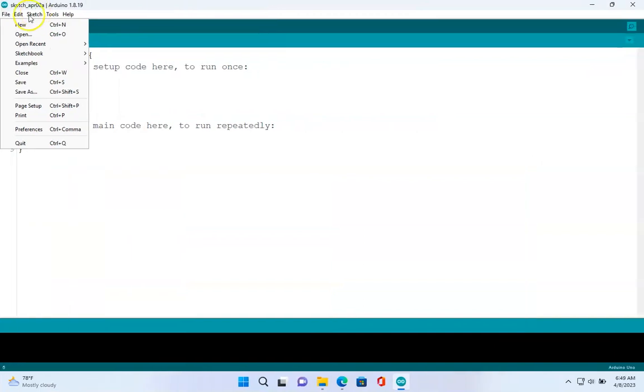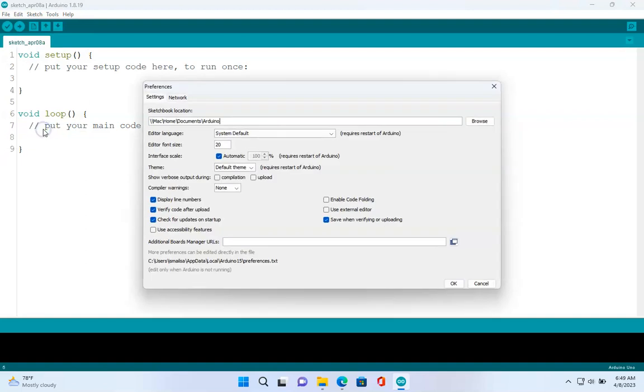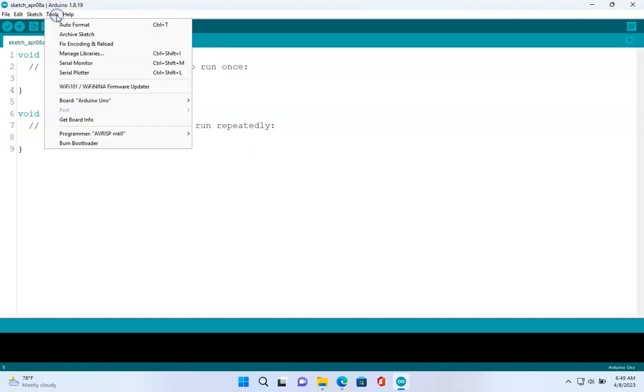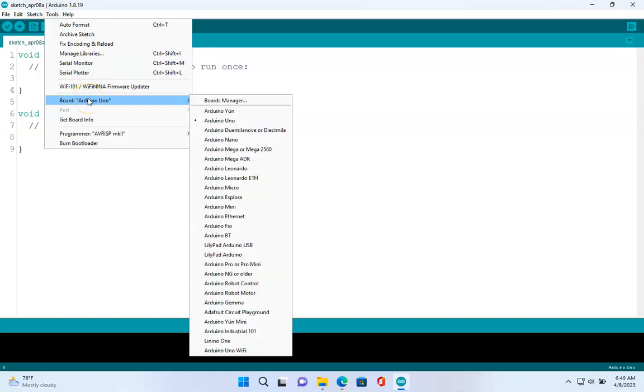If you are using Windows, you can just go to the file over here and then followed by the preference, and then you are going to add the additional board manager's URL. Okay, just go over here and paste the link that we copied just now from the Random Nerd Tutorial. After that, you can just click OK. After you click OK, the Arduino IDE is going to remember the link that you enable inside your preference. And then the next step, go to the tools, followed by the board over here, and